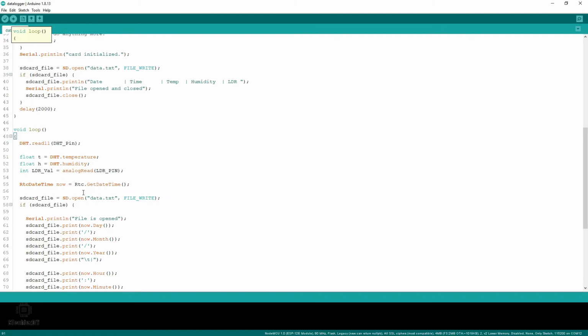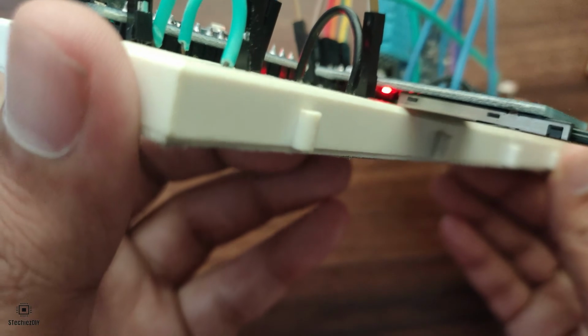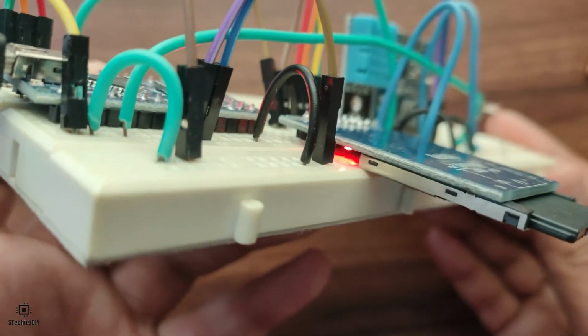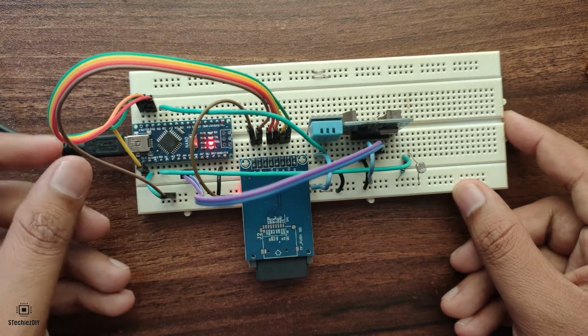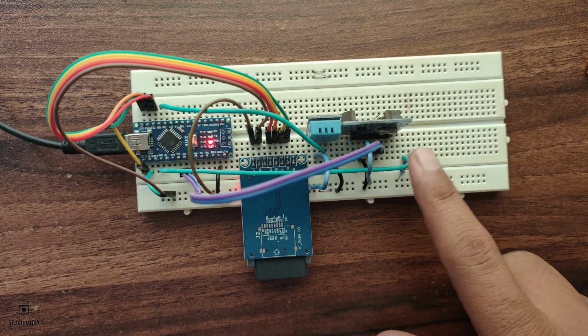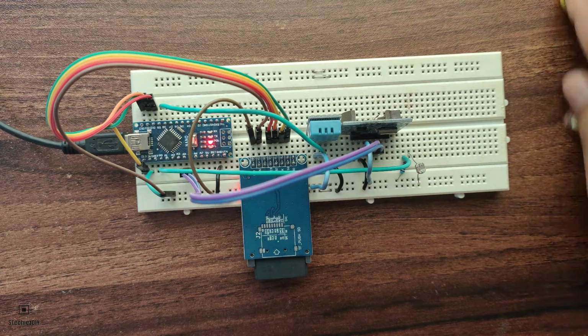So let's see the demo now. Let's power it on. We'll keep the system on for some time and we'll check the data from the SD card. Here I will try to change the data for the LDR sensor and the DHT11 sensor.